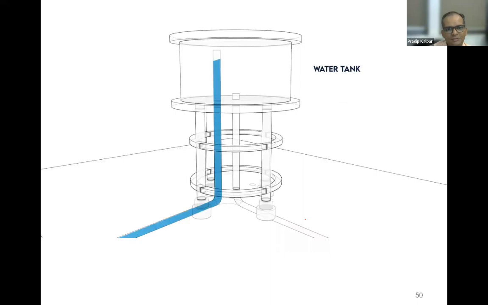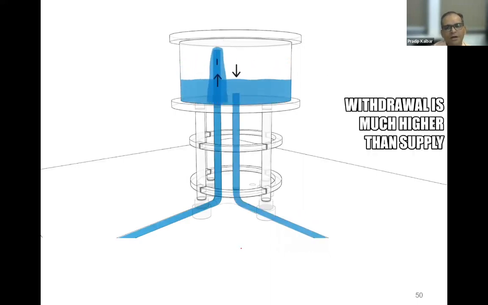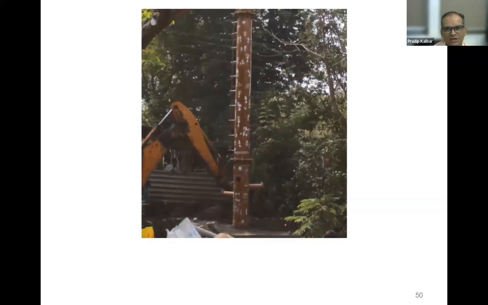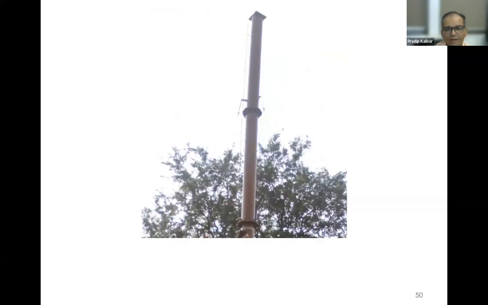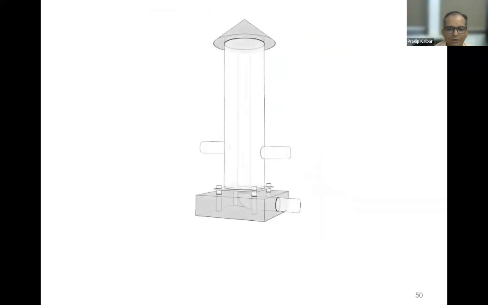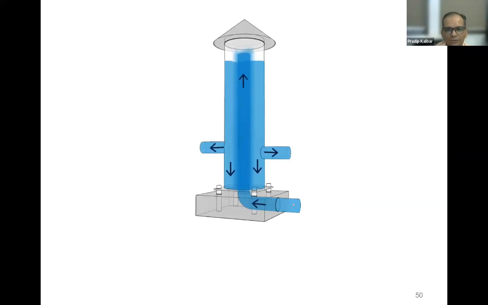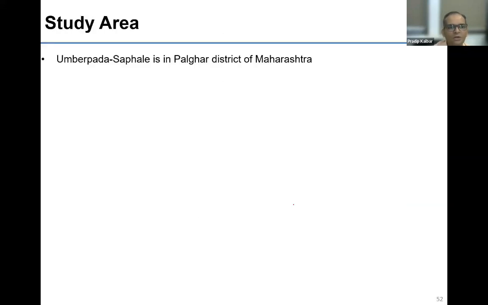What I'm suggesting is, because these tanks which we are constructing are basically getting emptied, since withdrawal is too much because there is no control on withdrawal, municipalities and rural areas are bypassing the tanks. So we are suggesting adding a hydraulic element called a shaft in between like this, which will maintain the pressure. In how it operates, water comes in, falls in the annular space, and then we have the multiple outlets here. I hope people are understanding the concept, or we can discuss later if there are doubts.